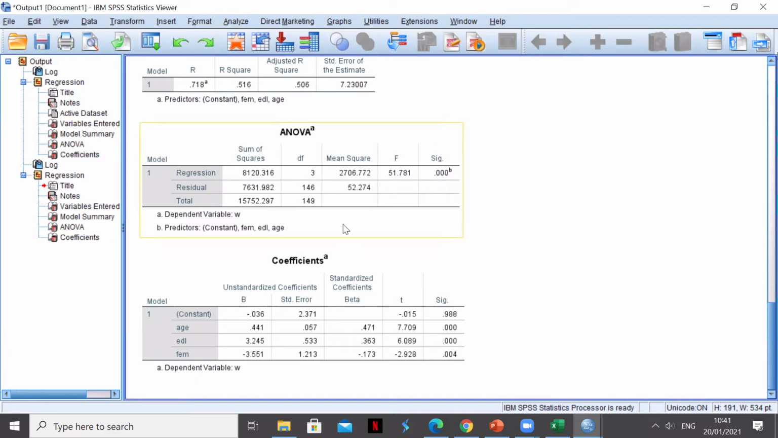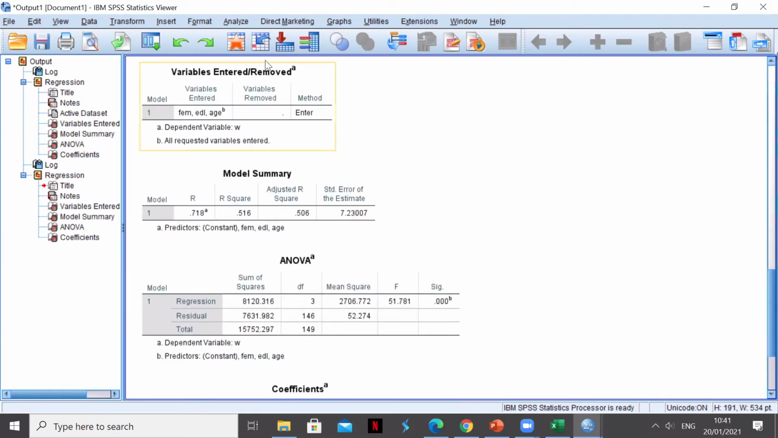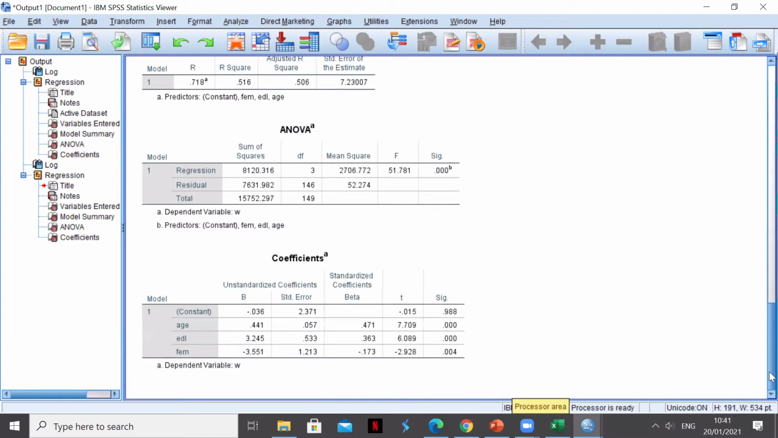Here's our coefficients table, the ANOVA table. We also have a model summary and what we have entered. Those aren't very important right now. We will look at the coefficients table. Why? Because we are again going to test if fem is useful, but now if it's useful in the entire model, so taking age and education level into account,